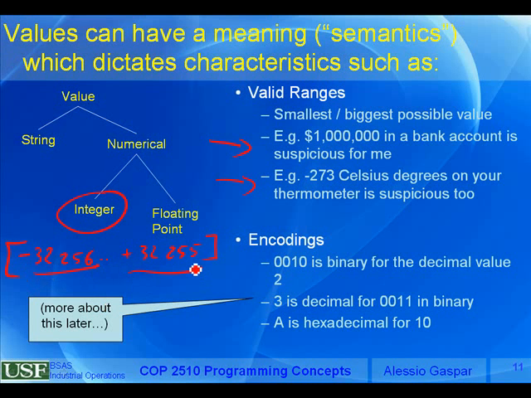Okay? Now, what about floating point? Well, same thing. You will have a range, an interval inside of which the value is valid. What about strings? Well, for strings it's a little bit different, but you might have some programming languages that are going to tell you that the string value cannot have more than X thousand characters. Okay, so each data type comes with a certain expected meaning, certain constraints